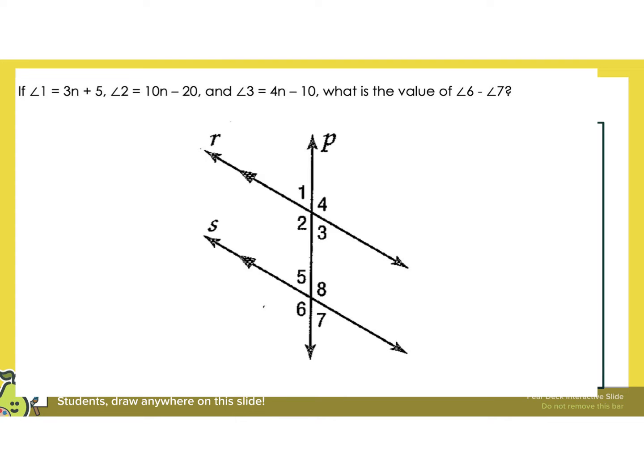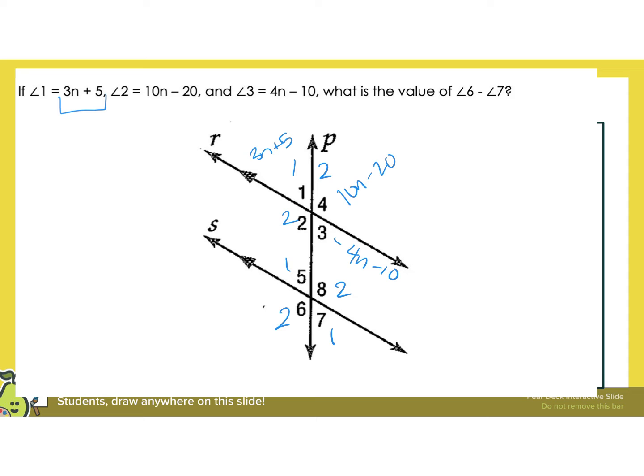All right, so let's see how you did on this one. Let's number the angles: 1, 2, 2, 1, 1, 2, 2, 1. And they've given us angle 1, 3n plus 5, angle 2, 10n minus 20, and angle 3, 4n minus 10. Now, remember, we're looking for a 1 equals a 1 or a 2 equals a 2 because